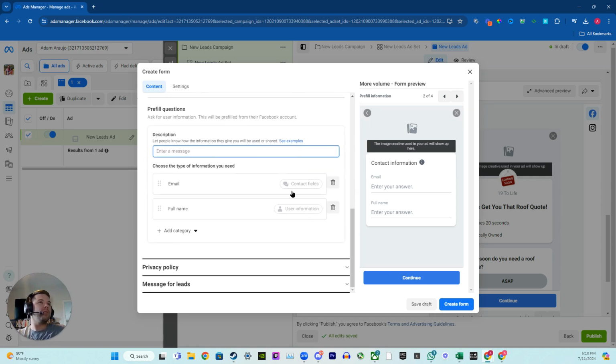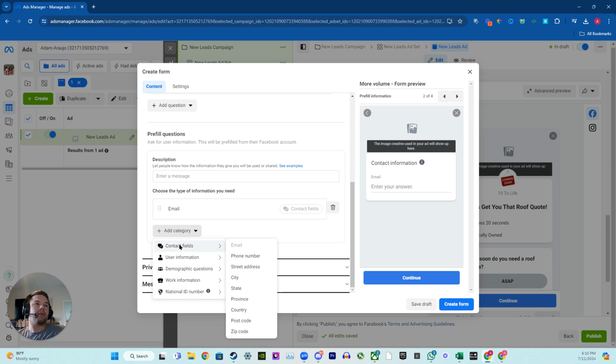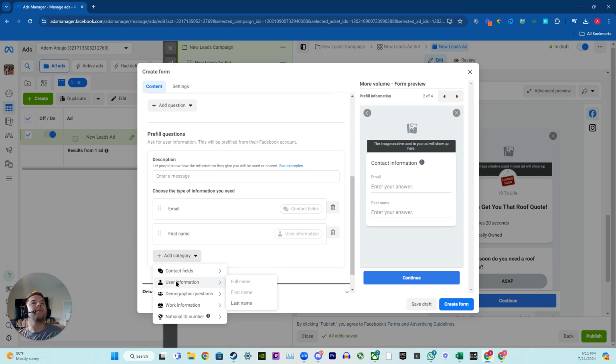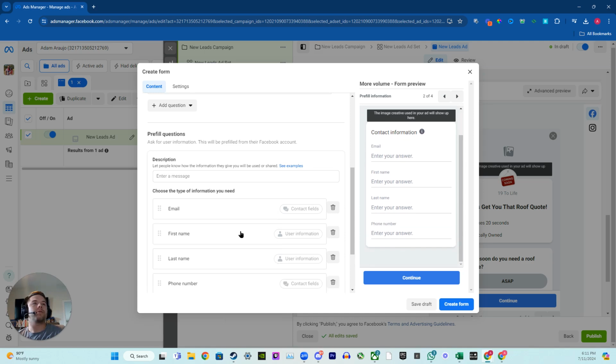Another thing I recommend doing is deleting full name, going into ad category, hovering over contact fields, and slowly moving over this one because it's kind of finicky and it'll move. I'm sorry, user information, and do first name, user information, last name, contact fields, phone number. And the reason why I like to separate first name and last name is because of marketing purposes and also